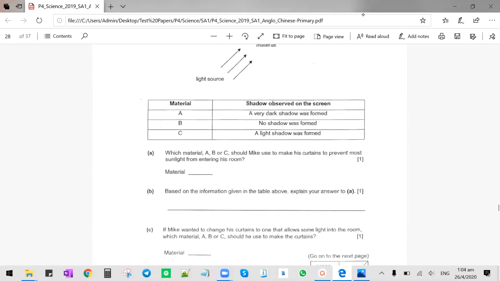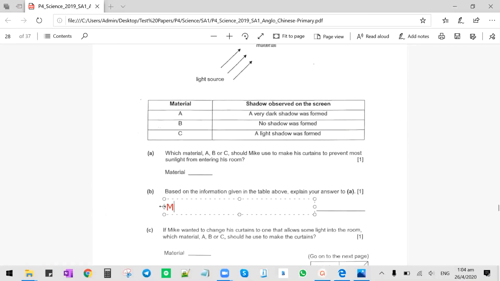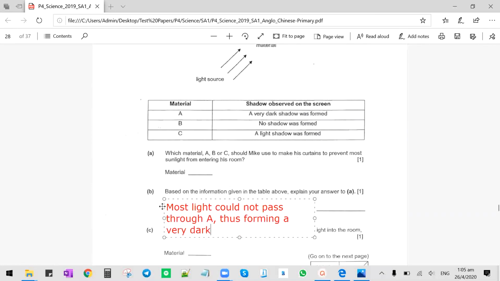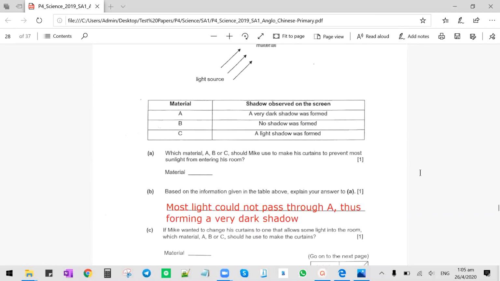Based on information given in the table above, explain your answer to A. Okay, that's what I said just now. So most light could not pass through A, forming a very dark shadow. And